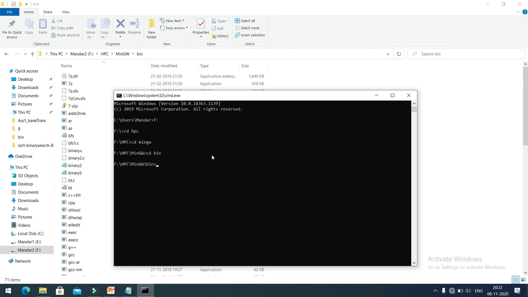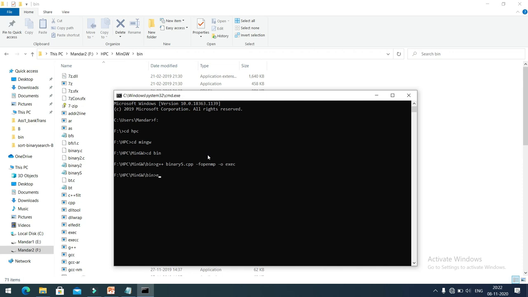Now for the execution I need to write here g++ followed by the name of my file, which is binary s.cpp, minus f openmp, minus o for output, followed by the output file. So let us say exec. Yes, it is compiled successfully.